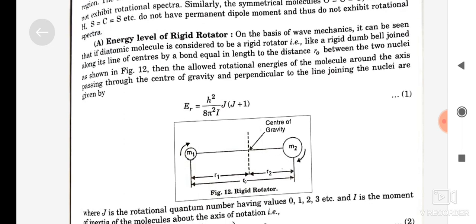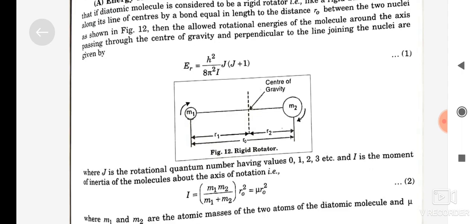On the basis of wave mechanics, it can be seen that if a diatomic molecule is considered to be a rigid rotator, like a rigid dumbbell joined along its line of centers by a bond equal in length to the distance r naught between the two nuclei, as shown in figure 12, then the allowed rotational energy of a molecule around the axis passing through the center of gravity and perpendicular to the line joining the nuclei is given by